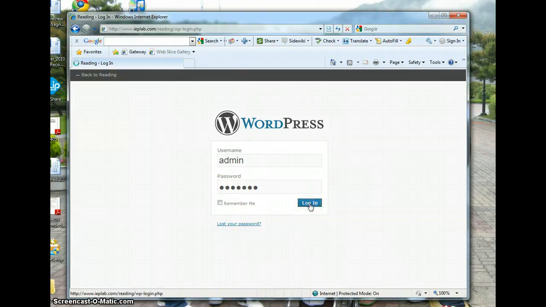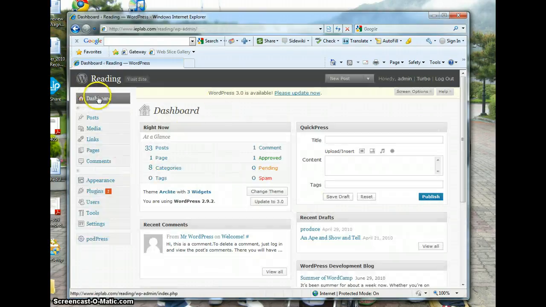I'm going to click login, and then this is called the dashboard. This is the back end of the website. This is where you're going to make your post or audio file visible, available. What you want to do is over on this side, the only thing you really need to be concerned is